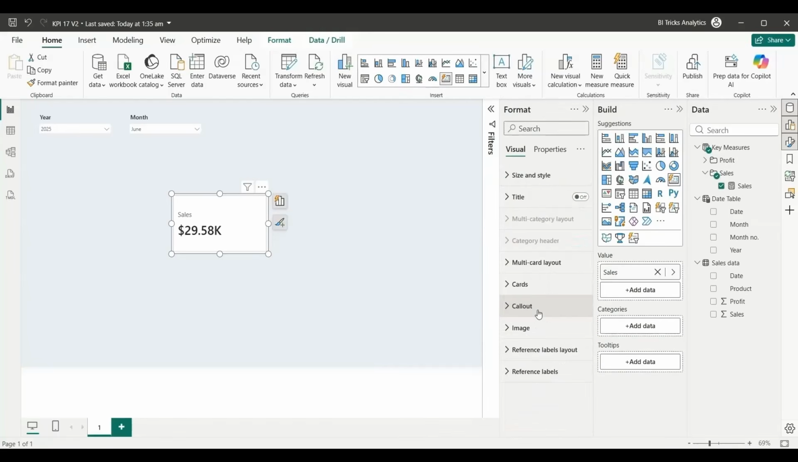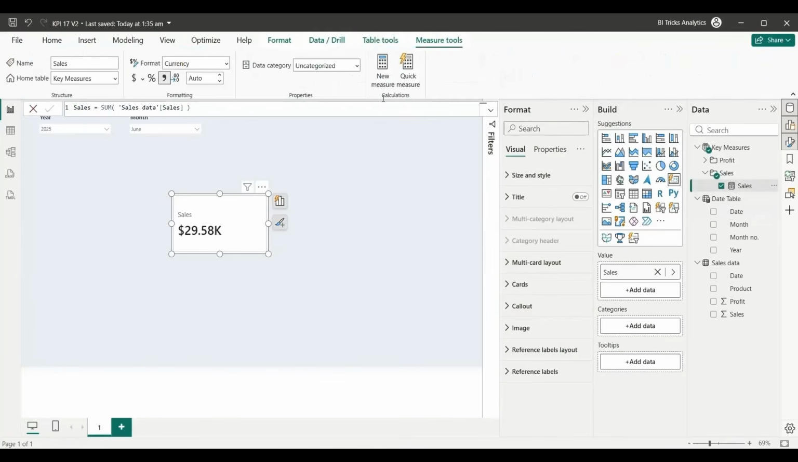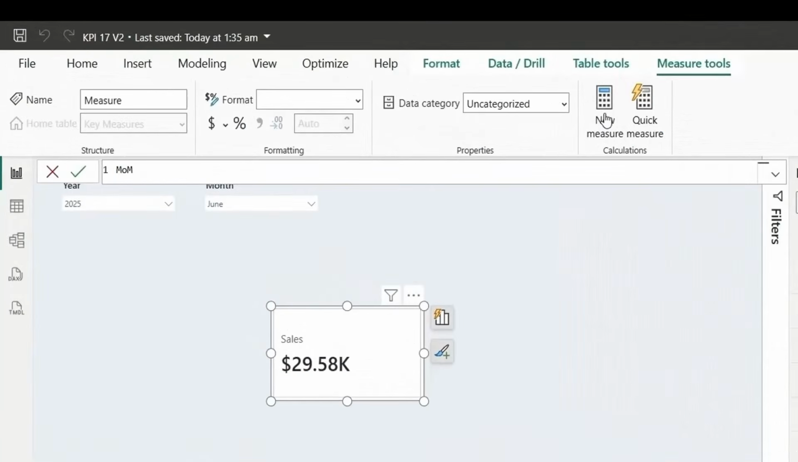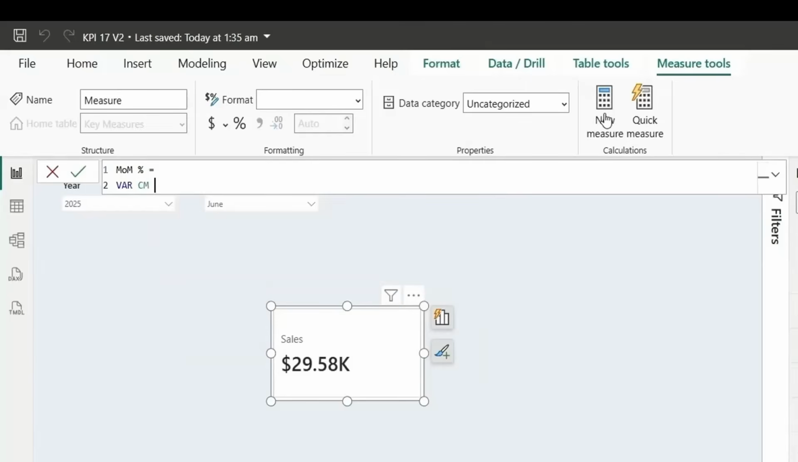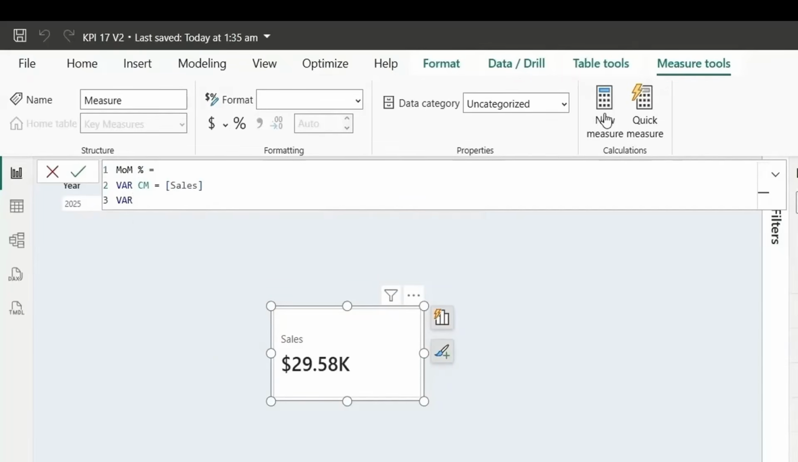Next we want to add the percentage growth from last month and from the last year. So for that, let's create two measures. So we'll select the measure and click on new measure from the measure tools, and let's say MOM percentage. So let's create a measure for this. So this will be variable. Current month will be the sales measure itself, and let's do the variable for previous month, and this will be